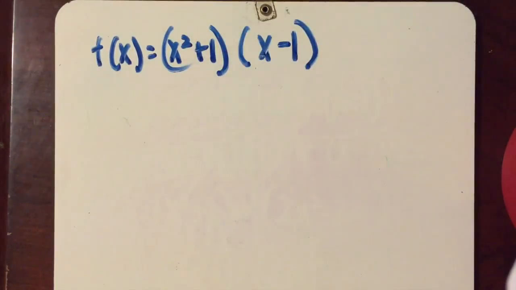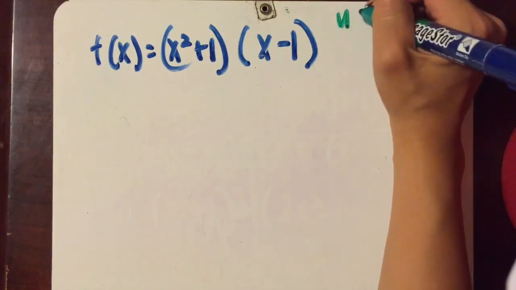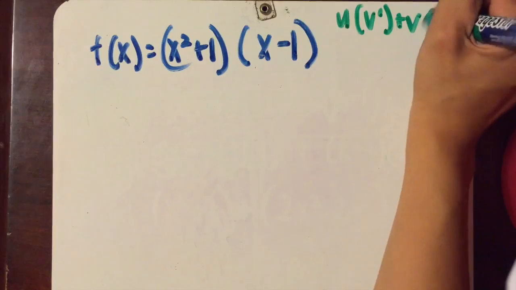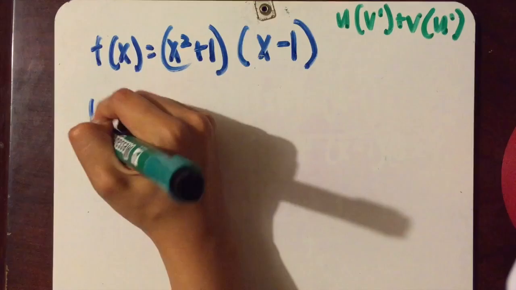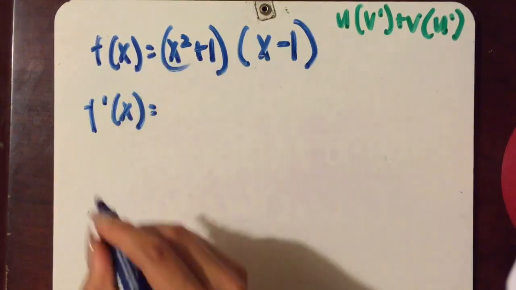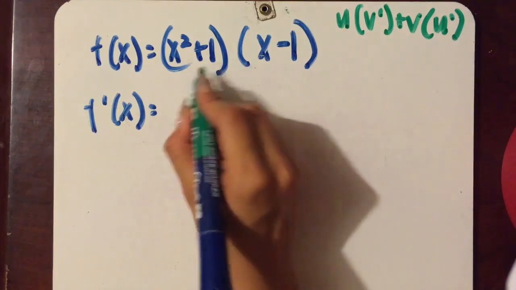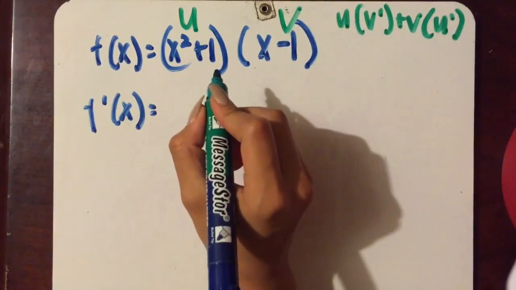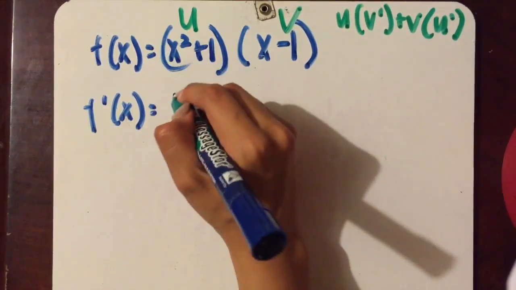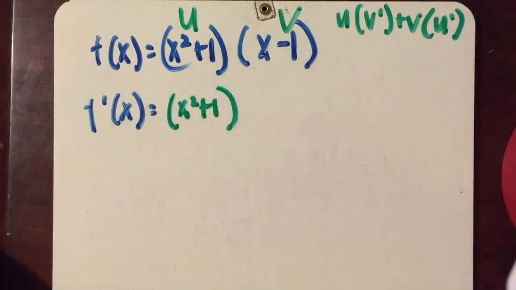So to apply this rule to this function, first we can rewrite the rule so we won't forget. Then we start by adding the notation so we won't get mixed up, and we label the parts we want to represent u and v. Now, we keep the first, which is x squared plus 1, and we multiply it by the derivative of the second, which will be,